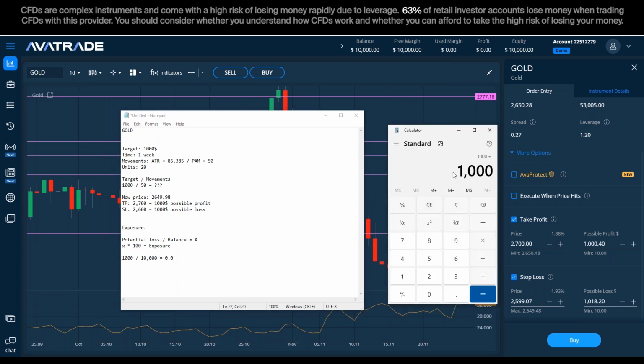If I divide 1,000 by 10,000, it equals 0.1, and 0.1 times 100 is 10%. Okay, as you can see, X times 100. So that's 1% exposure, and if it's 1,000, it will be 10% exposure.